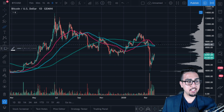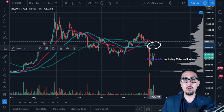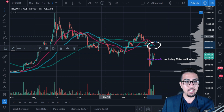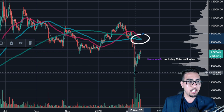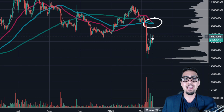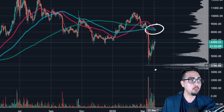Today, as you can see here, the 50-day moving average is crossing below the 200-day moving average. This is a historically significant point for Bitcoin. As you can see with this chart in a more zoomed in fashion, this is happening right now today, and price action is currently going up. But we're going to talk about why we may have another chance at a lower entry for Bitcoin as we